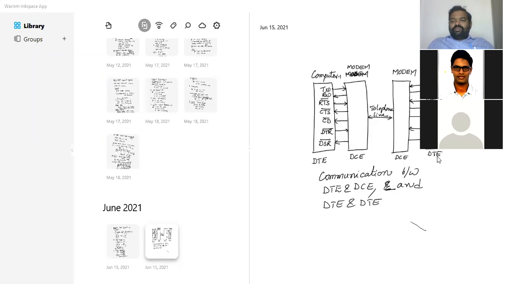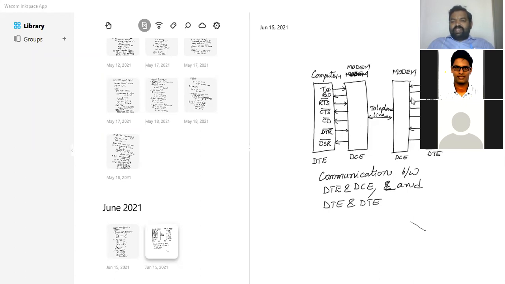And DCE2 will send a request signal to the DTE, that is data set ready. I am going to send the data to you, Mr. Computer 2. We are getting the data from the source, that is computer 1. So please get enabled, like that. Such a kind of control signal comes to data terminal equipment 2. Immediately this will send a request signal, request to send.